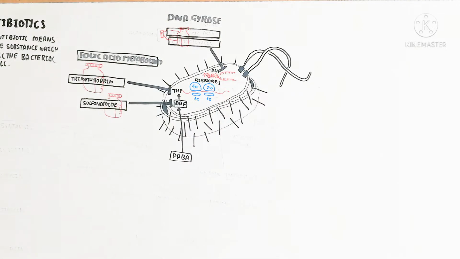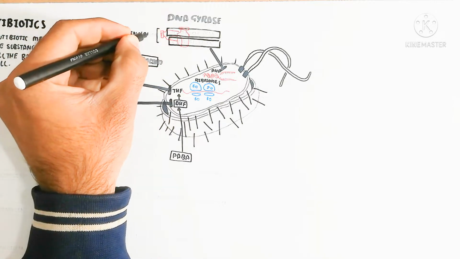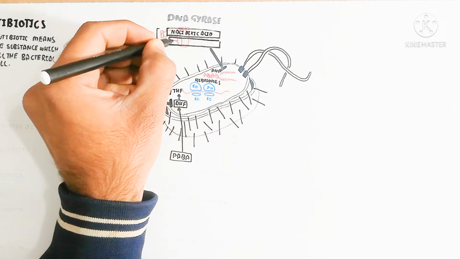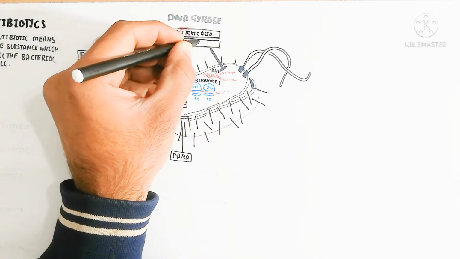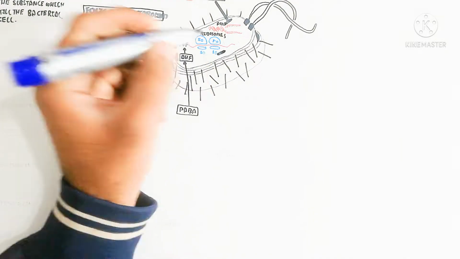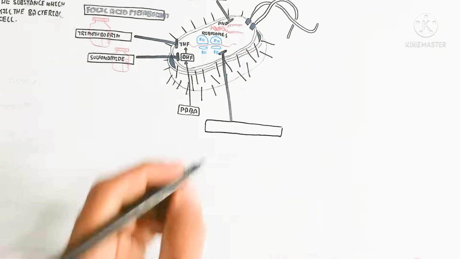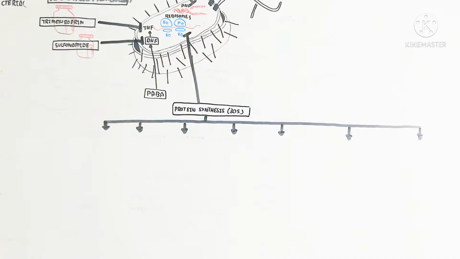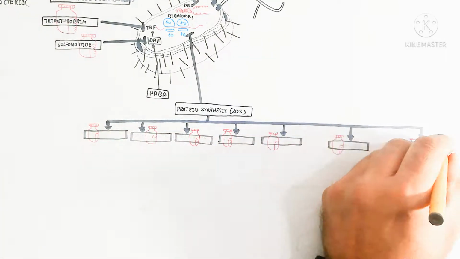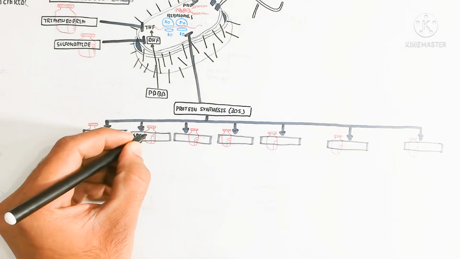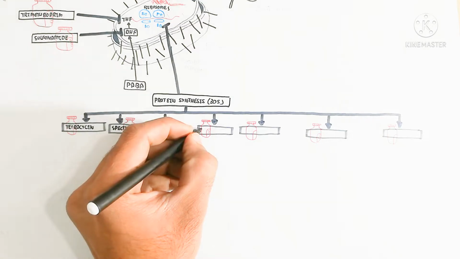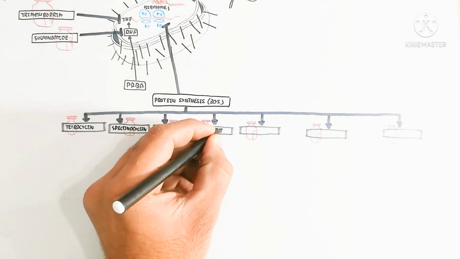Here is DNA gyrase. This DNA gyrase enzyme is used for supercoiling prevention, so supercoiling will occur and damage the DNA. Nalidixic acid and ciprofloxacin, which are in the quinolone class, are important for the inhibition of DNA gyrase activity. While here is protein synthesis from the ribosome, the 30S smaller subunit will be inhibited by